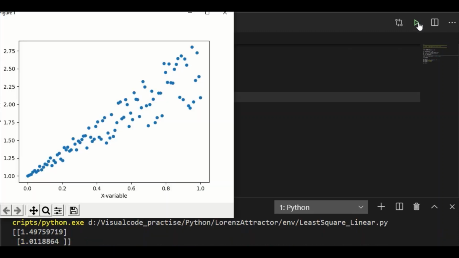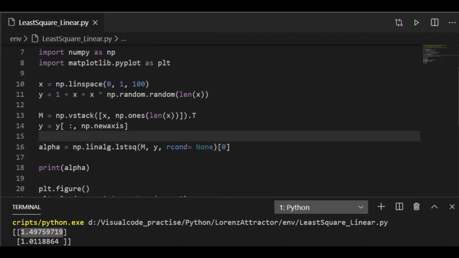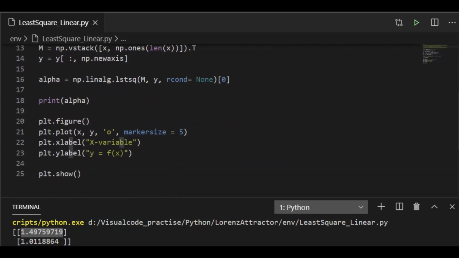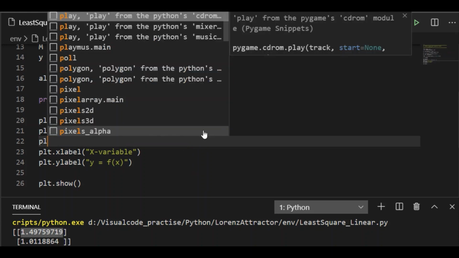We have not yet plotted the best fit line, but we can see a is 1.49, which is approximated to 1.5, and b is 1.011. As we know already, we have taken the value of b equal to 1. Here 1.011886664 is due to introduction of noise to our y function.